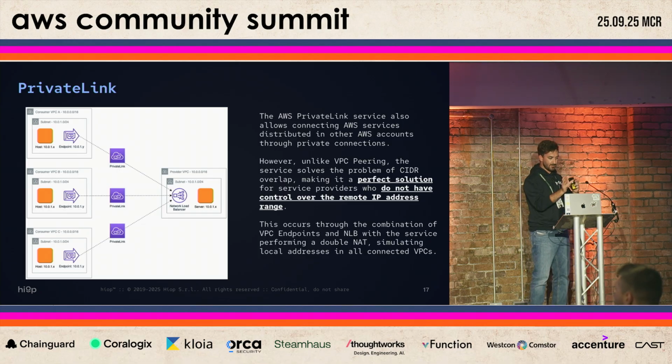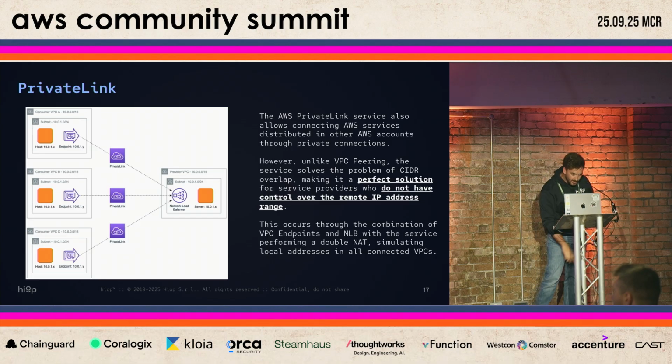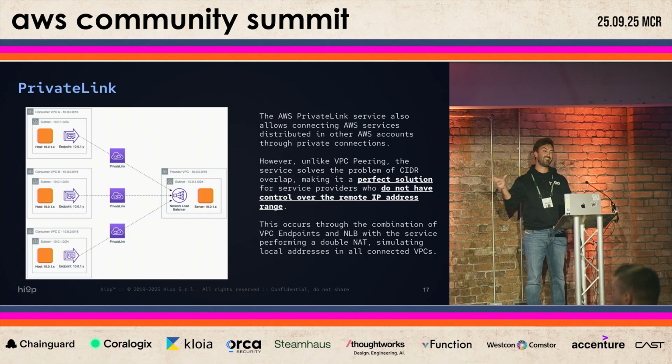Basically, it's using a VPC endpoint on one side and then a network load balancer to perform a double NAT connection, simulating the local addresses. So as you can see, in the consumer account and in the provider account, you will have a specific DNS and you will use it as a private DNS without caring a lot about the IP addresses behind it that could have a collision.